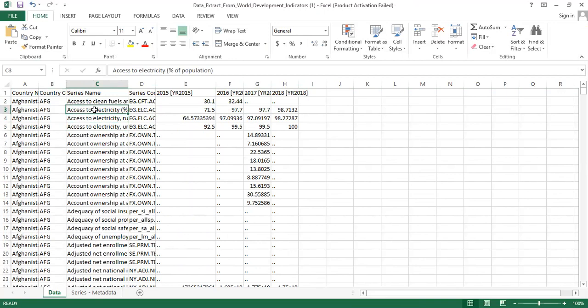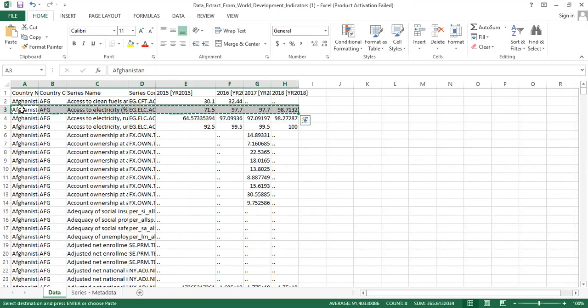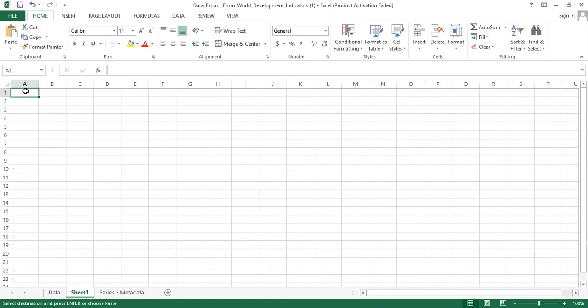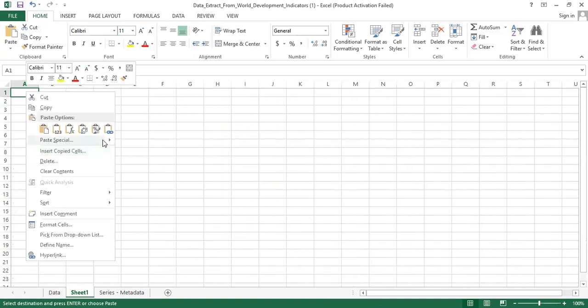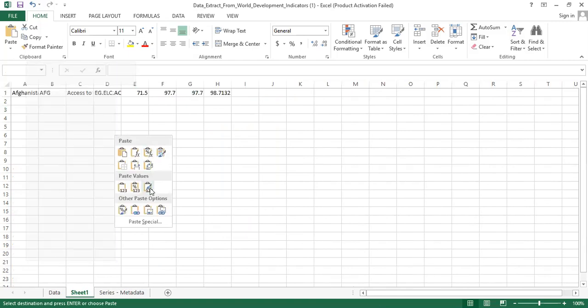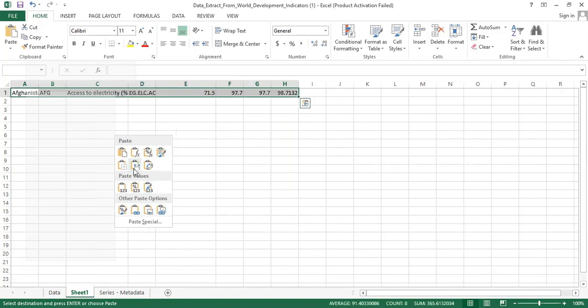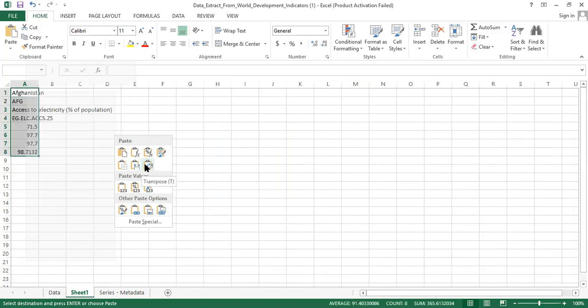Let's say if I'm going to select this indicator, access to electricity as a percentage of population for Afghanistan, and I can copy this variable with Control C, and I can go here, right click, and I will go in paste special option, and values and number formatting, and after that in vertical form. Yes, in vertical form